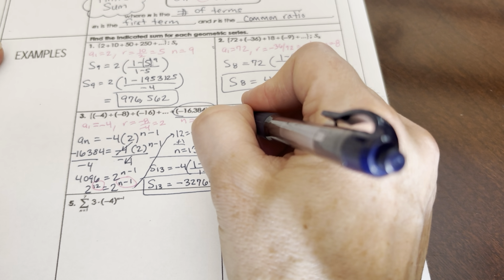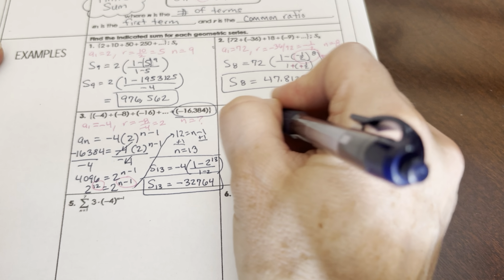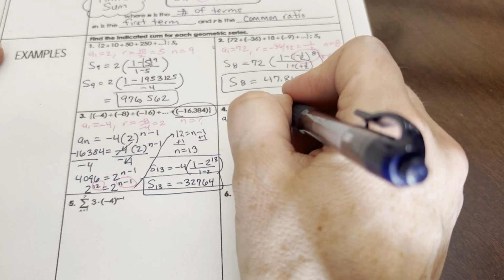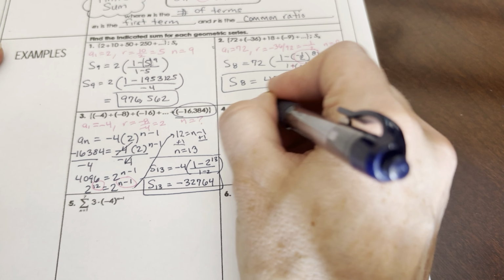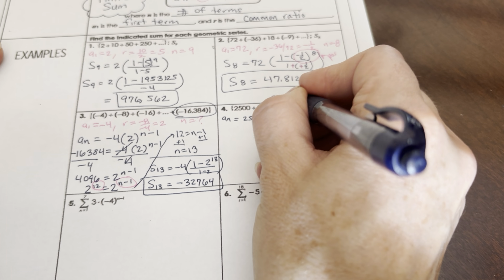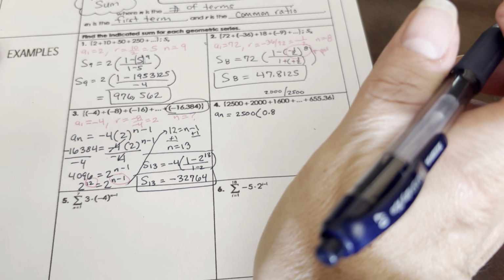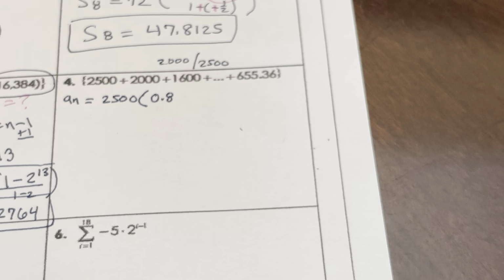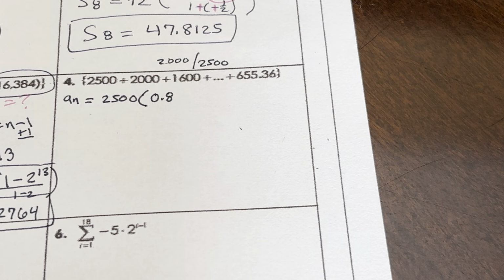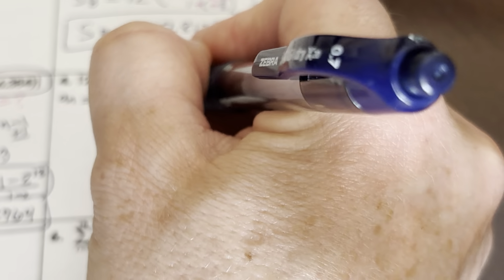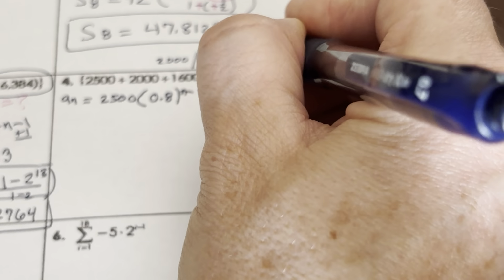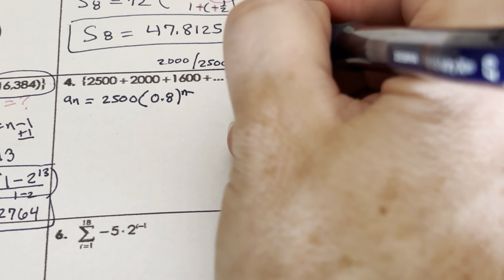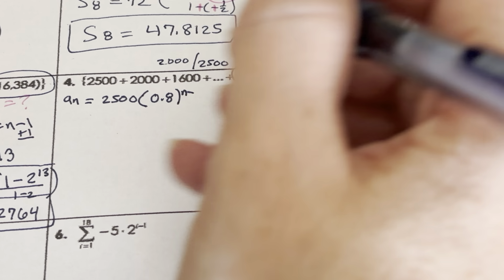So a1, so 2,500 times r, which is 0.8. So again, r is 2,000 divided by 2,500. So 2,000 divided by 2,500 just gives me 0.8. And then I'm taking that to the n minus 1. But don't forget, use that number in the a sub n position that you're looking for. So plug in the